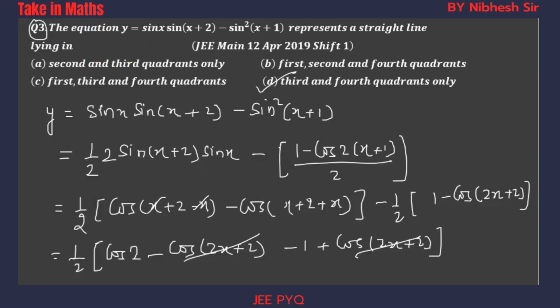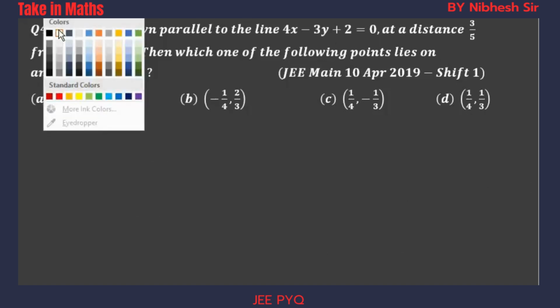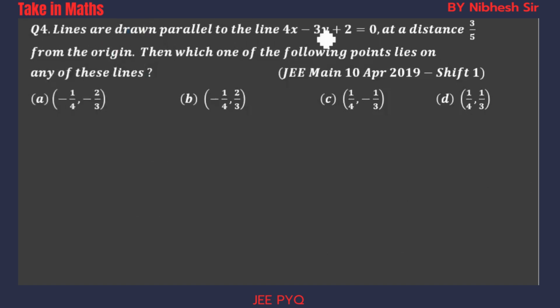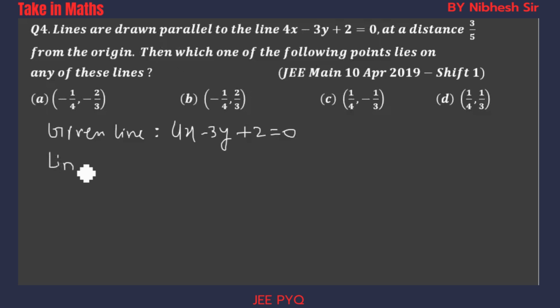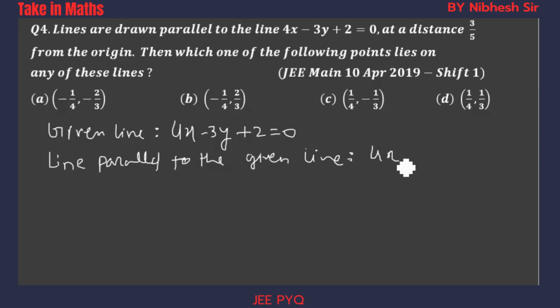Okay, so the next question here is question number 4. In question number 4, the lines are drawn parallel to this line. So first I write the given line. The given line is 4x minus 3y plus 2 equal to 0. And a line parallel to the given line should be what? 4x minus 3y